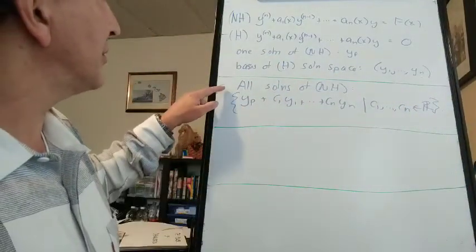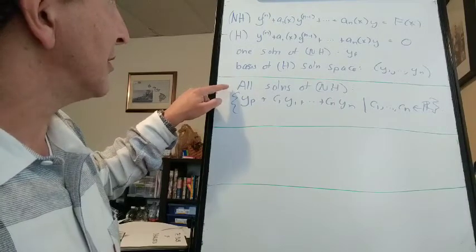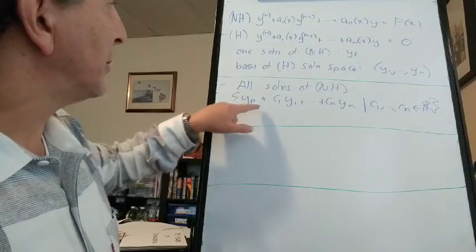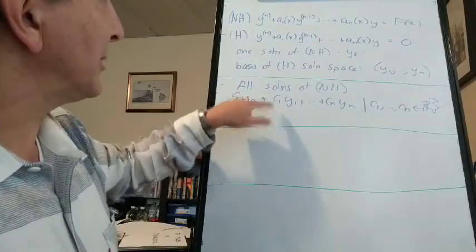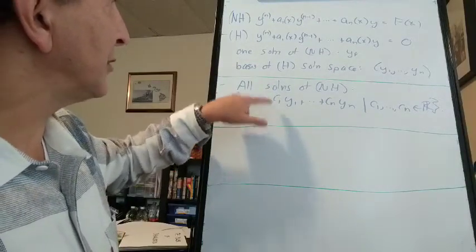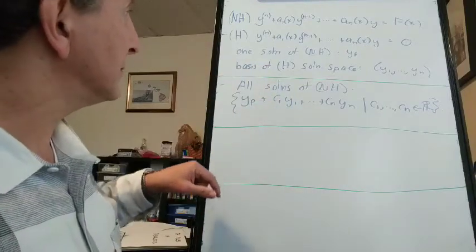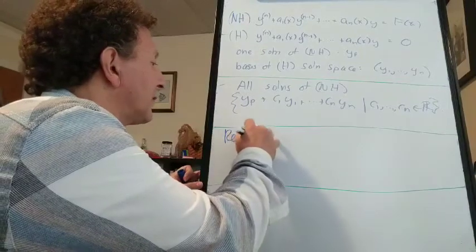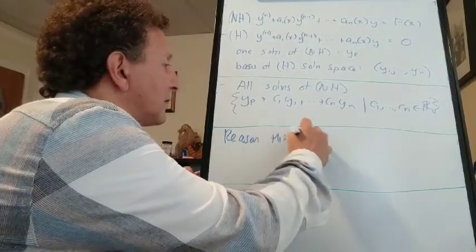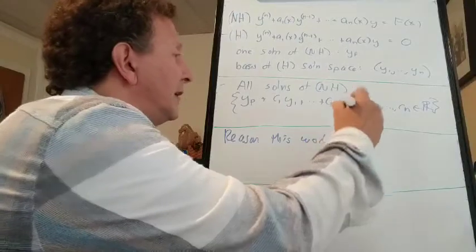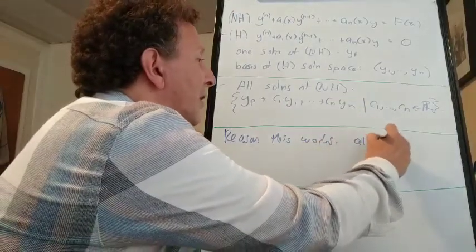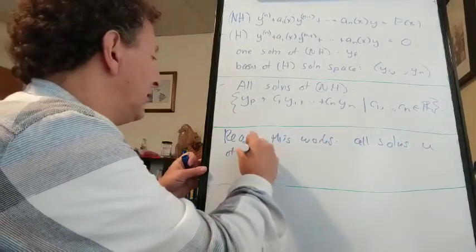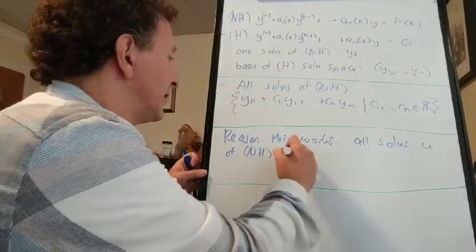Then all solutions of the non-homogeneous differential equation are that one particular solution of NH plus all possible linear combinations of the basis of solutions of H. So the reason this works is that all solutions, let's say U, of the non-homogeneous differential equation